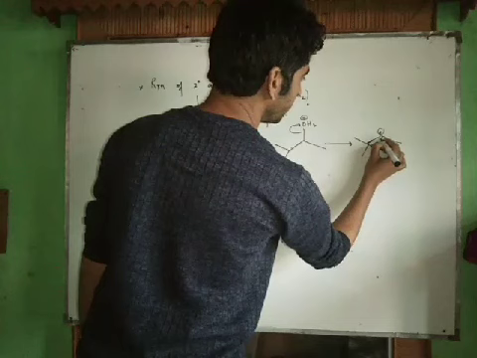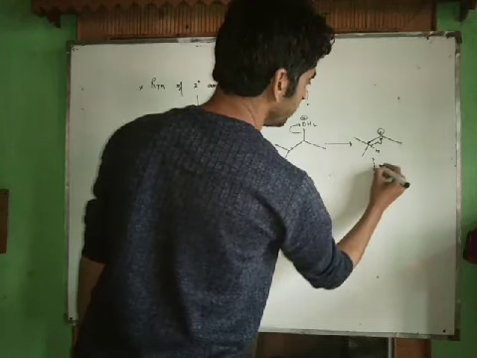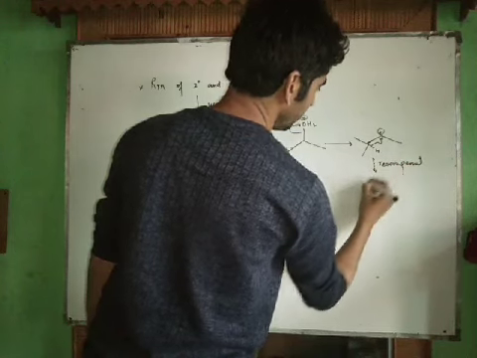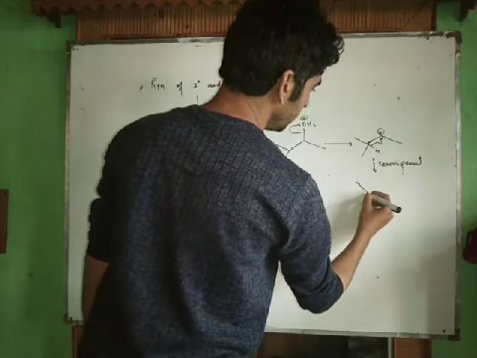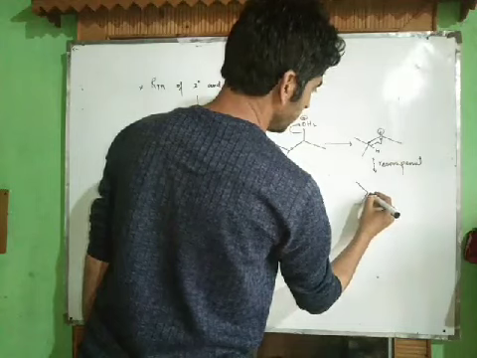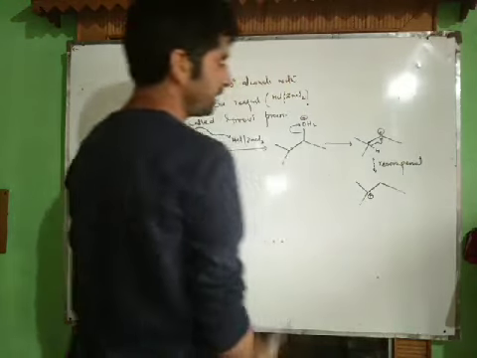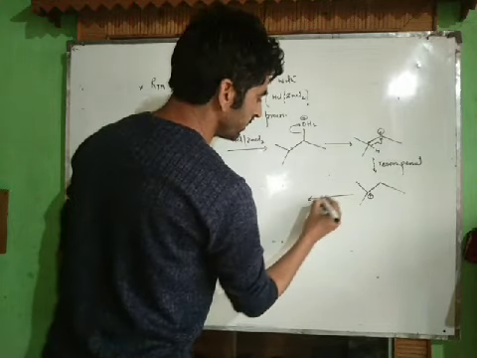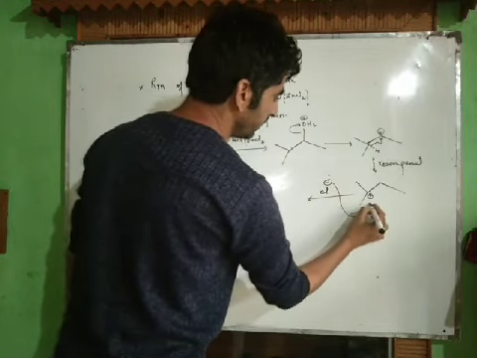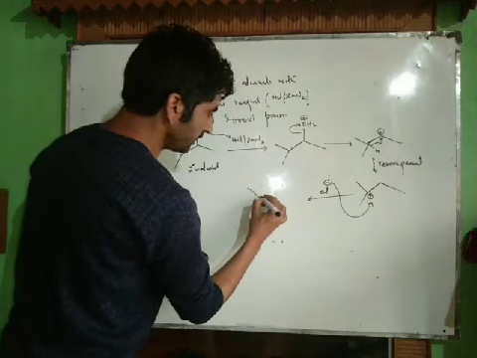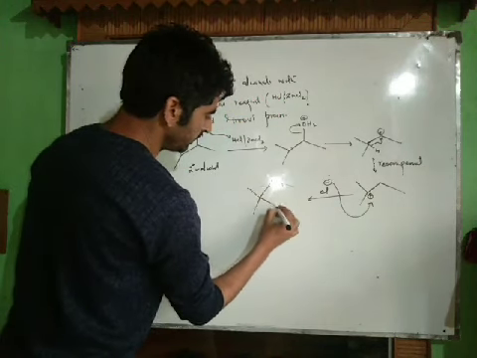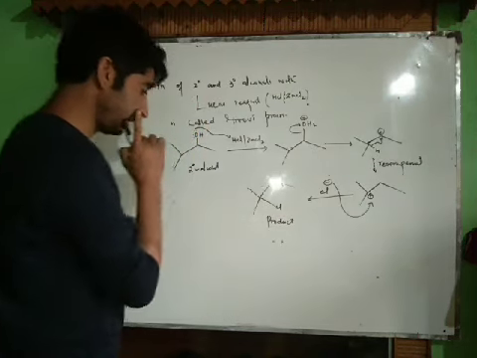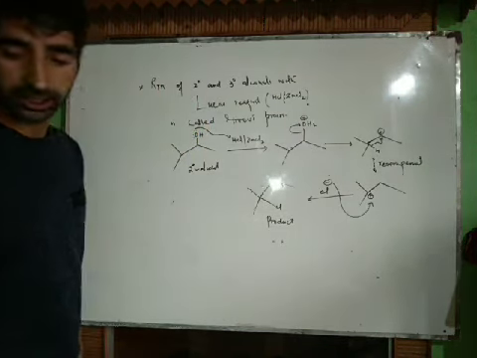We can shift this hydrogen over here and get a tertiary carbocation. This is rearrangement. Now the rearrangement has taken place and we get the positive charge over here. Not to the earlier structure but to this structure, Cl negative as a nucleophile will attack. We will get this type of compound, and this is our product, a tertiary alkyl halide. From a secondary alcohol we can get a tertiary alkyl halide.